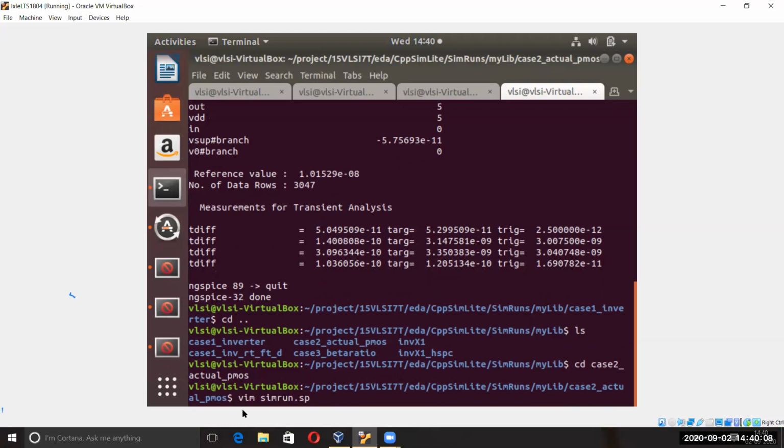I've come out of that one and entered the second file, where I have made the changes in the PMOS. This one is my new file. I've entered into that, and we are interested in seeing the Simran file. So vim simran.sp. Is everyone getting what I'm saying? I don't want to go fast, so if you have a doubt, please tell me.